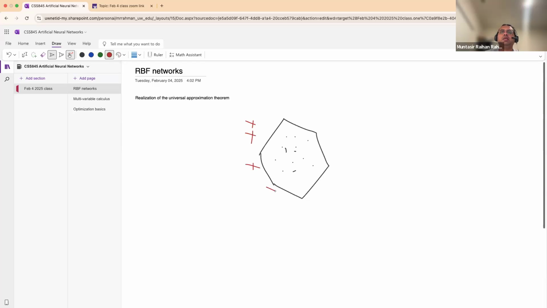And then the idea is that you need to build these hyperplanes that correspond to each boundary, and each of these hyperplanes is an individual perceptron. So you will have 6 of these perceptrons,